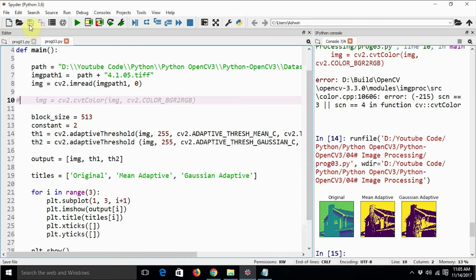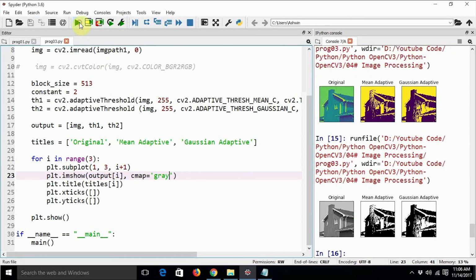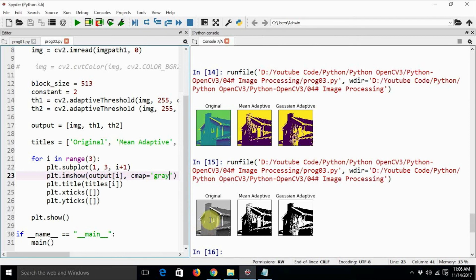Yes. So I converted the image to grayscale, and it is now showing the house as well as the background in a different way. So I just need to say again cmap equal to gray. Yeah, now this will be the proper output. So this is the house and this is the background. The house is lit with different lighting conditions, especially this surface that I am hovering my mouse pointer over. The gradient of light is different for every pixel, and it is definitely able to apply these adaptive thresholding algorithms on this image.